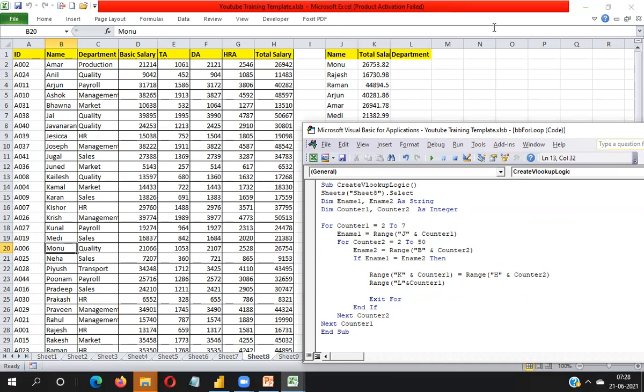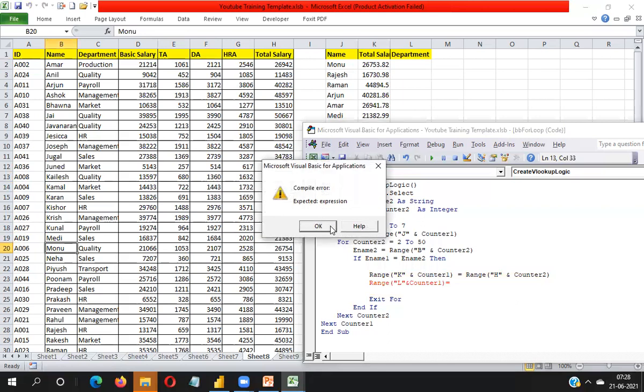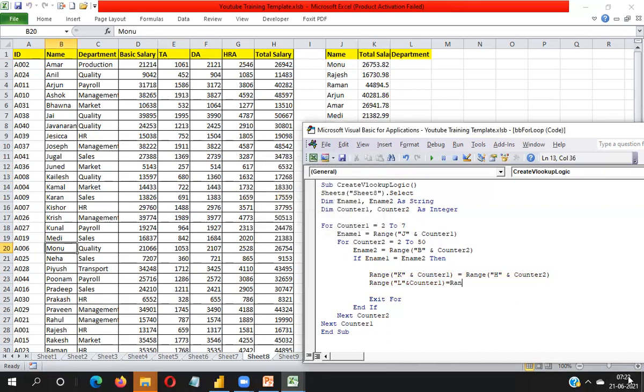Okay, because on this data set counter 1 is working, that's why I'm taking counter 1 here. On this data set counter 2 is working, so I have to take reference of counter 2. So here I will take Range, and in which column is department available, in the C column. You can see here I'm taking the C column reference, and take counter 2 bracket close.